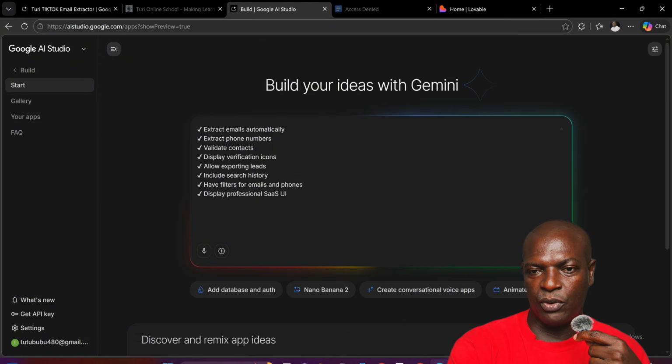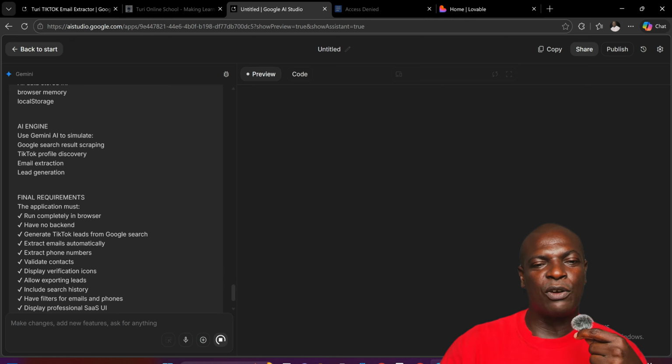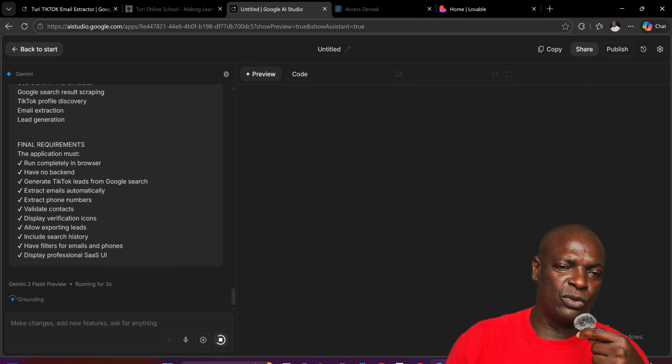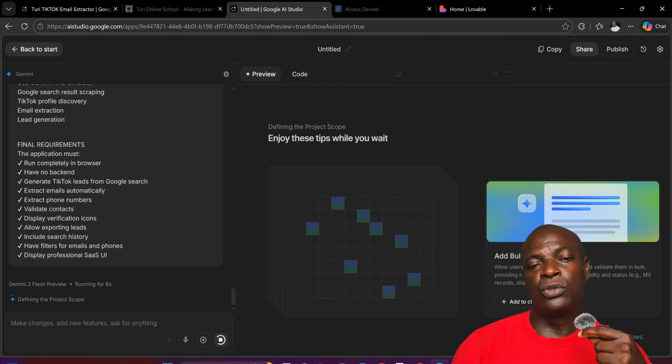Once I paste the code here, I'll just click on build. So automatically the AI builder is now going to pick everything that I've told it to do in the master prompt to generate the site. Mind you,